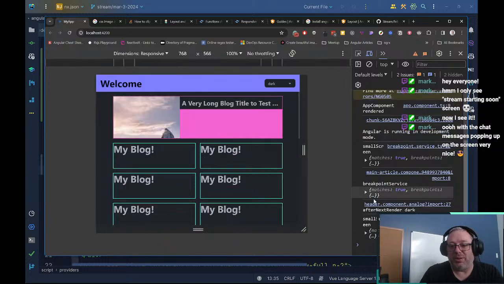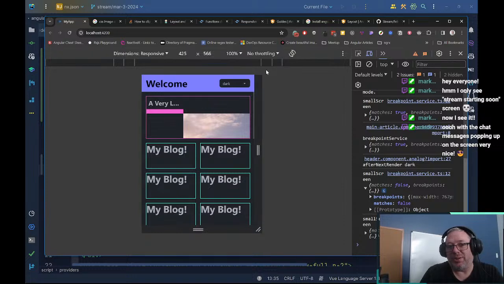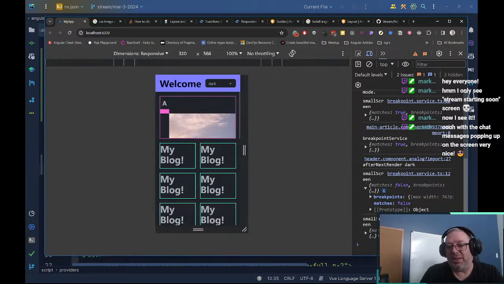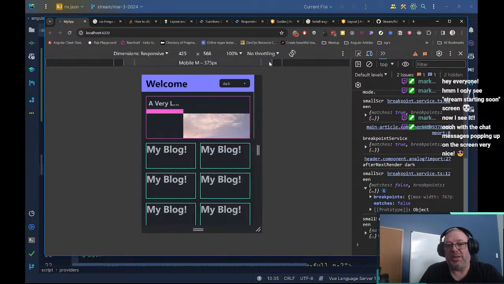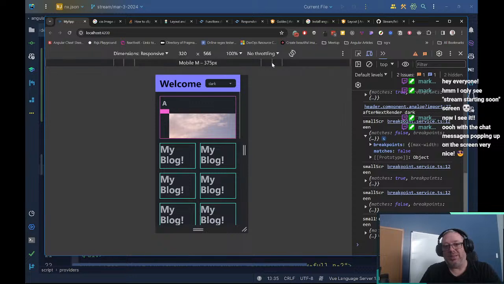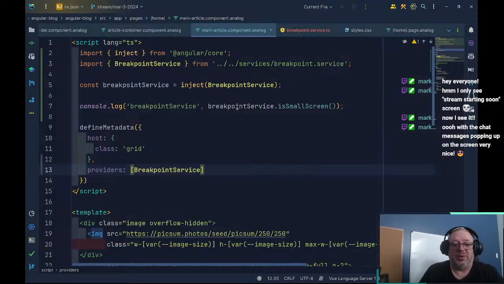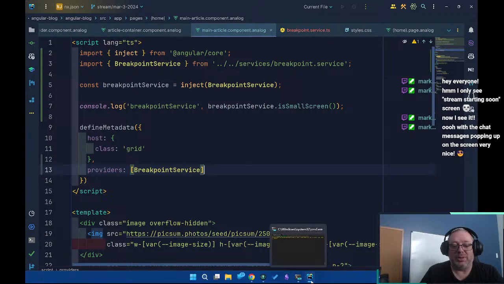So as we go here, we can see that this change said, hey, we're not small size. This change says we are. And the nice thing about our small screen is that these internal changes don't matter. But as soon as we jump here, we get it, right? It's as soon as that changes that we actually get the change. So now that we've got our breakpoint service, and now that we've got our is small screen,